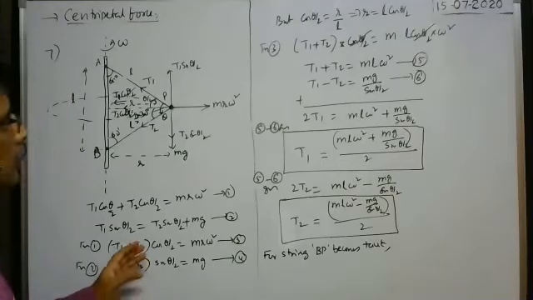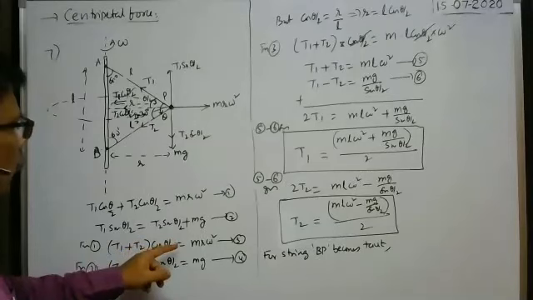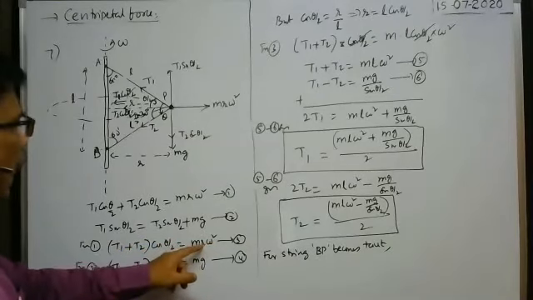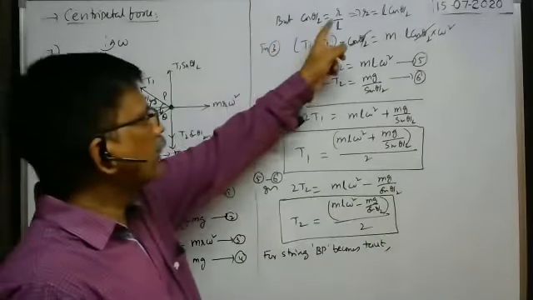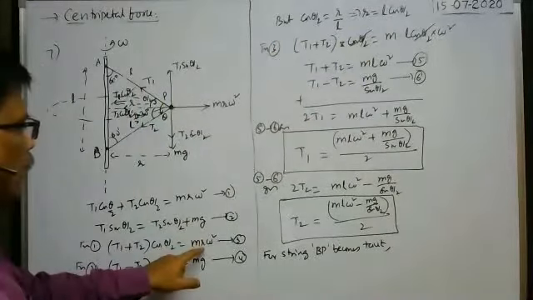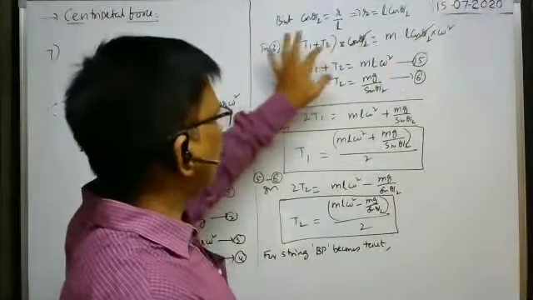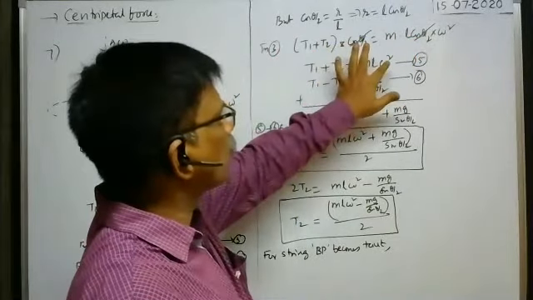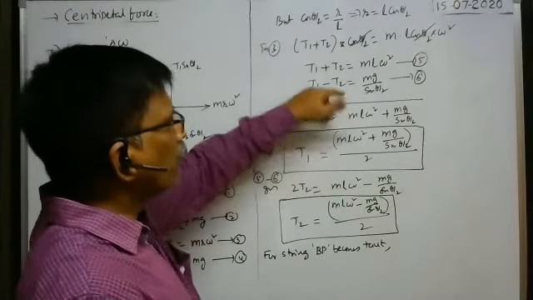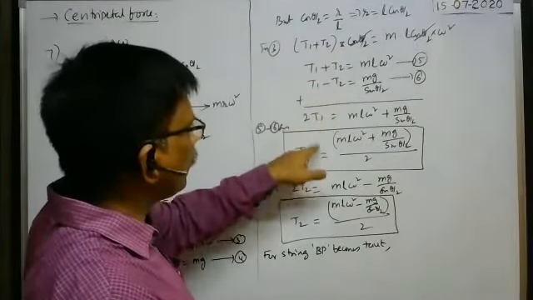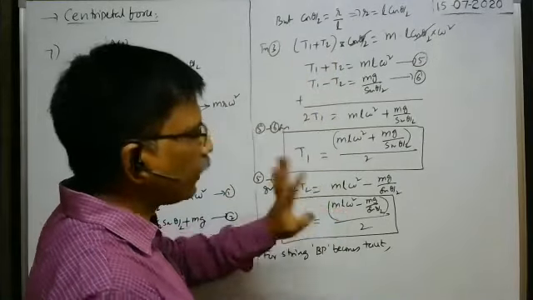Now here from equation 3, T1 plus T2 into cos theta by 2 is equal to m r omega square. From this right angle triangle, cos theta by 2 is equal to r by L, no? Then r equals L cos theta by 2. In this formula, instead of r, I have substituted L cos theta by 2. Then cos theta by 2 cancels. I got T1 plus T2 is equal to m L omega square. Similarly, from this, T1 minus T2 is equal to mg by sin theta by 2. When you add these two, T2 will be cancelled and T1 is equal to something I got. When you subtract them, T1 will be cancelled and T2 is equal to something I got.